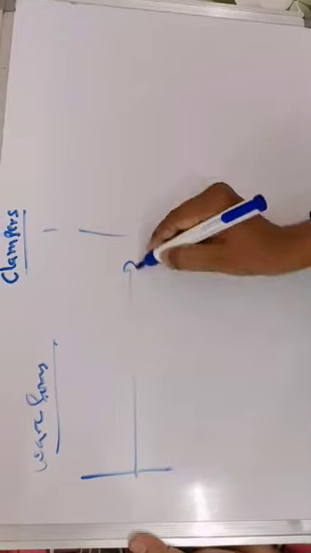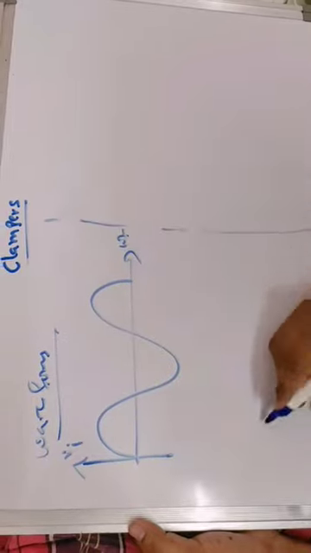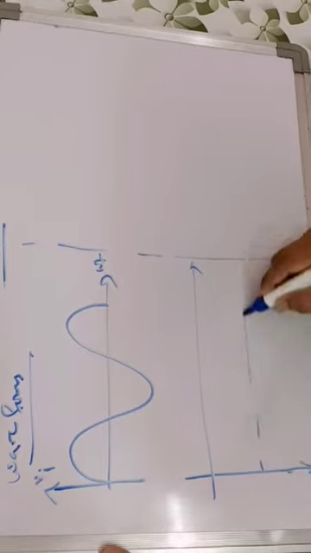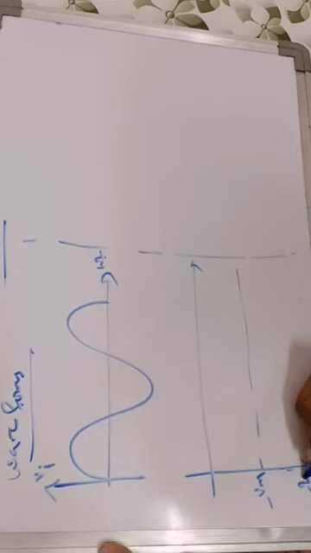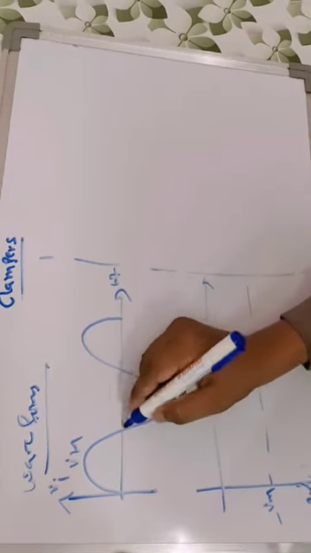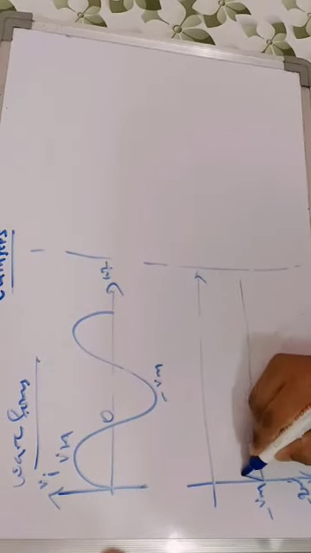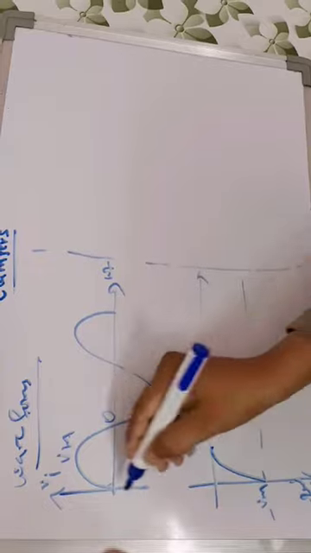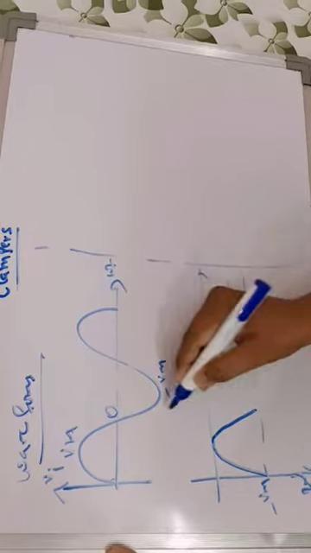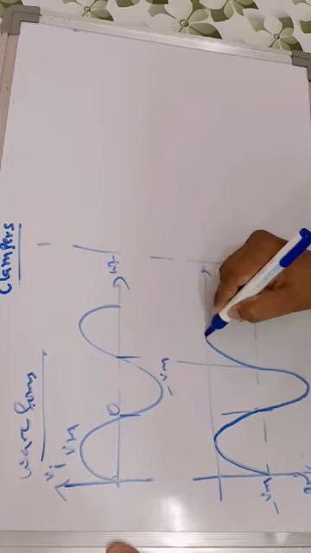The input waveform is a sinusoidal signal. Now the output is also a sinusoidal signal. There is no distortion in the signal, so the signal is as it is, but a DC level shift happens here. The amount of the DC shift is minus Vm. Each and every instant of the input signal is shifted: Vm will be changed to 0, 0 will be shifted to minus Vm, and minus Vm will be shifted to minus 2 Vm. So this is the resultant signal.